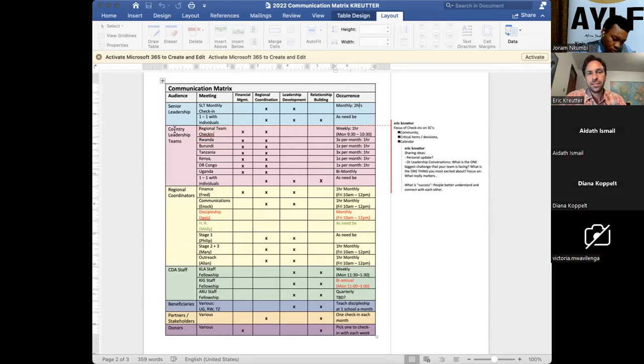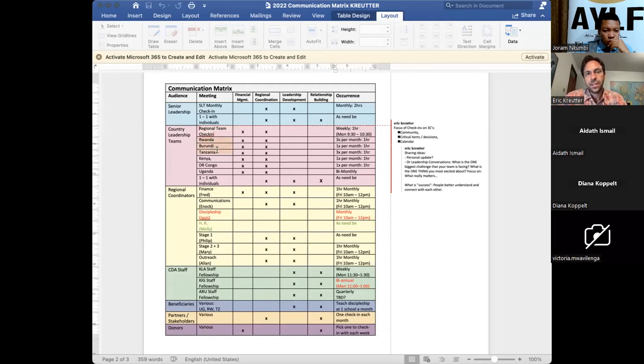The next thing is a group called country leadership teams. And I know that every week we have a Zoom call where all of the country leadership teams come together for 1 hour on Monday afternoon. And we all sit together and we talk about the week ahead. So this is a very different group of people than those who are on our senior leadership team. And that 1 hour is a time where we all give general updates about maybe the security situation in each country, the operational situation in each country, the programs that are being run in each country.